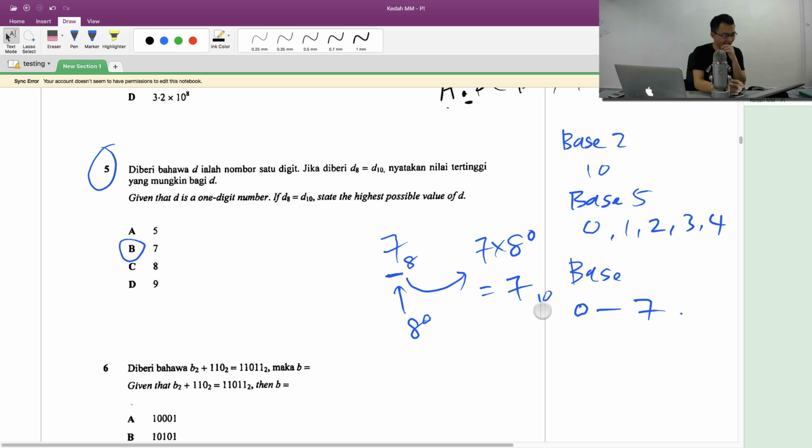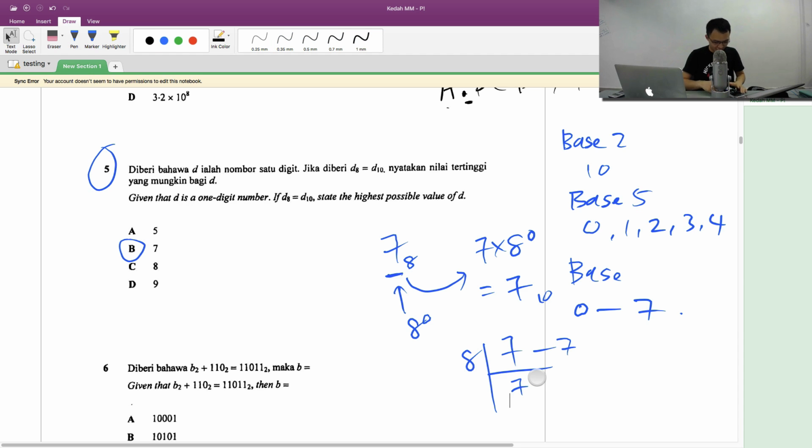So if I have 7 and I want to change back to the base 8, what I will do is divide by 8. The first one, we definitely cannot divide, so we will remain 7. Here, I forget about how to do the division already. Because I cannot divide, it remains 7, then